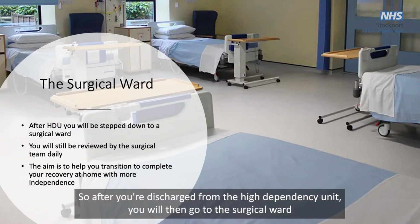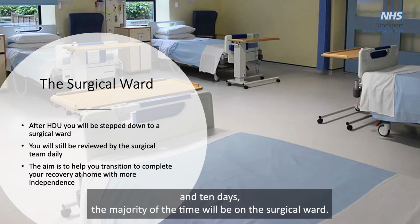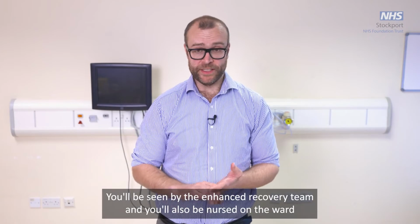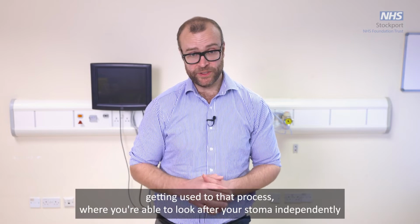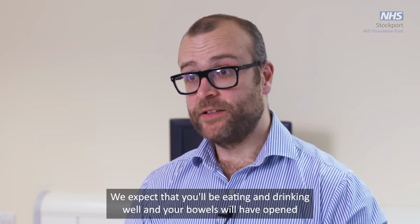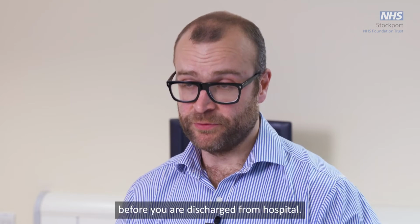quickly. So after you're discharged from the high dependency unit, you will then go to the surgical ward, and given your total length of stay should be somewhere between 7 and 10 days, the majority of the time will be on the surgical ward. At that time, you can expect at least a daily review by the medical team, and often this is your consultant. You'll be seen by the enhanced recovery team, and you'll also be nursed on the ward, getting you to that process where you're able to look after your stoma independently and comfortable enough to go home. We expect that you'll be eating and drinking well, and your bowels will have opened before you are discharged from